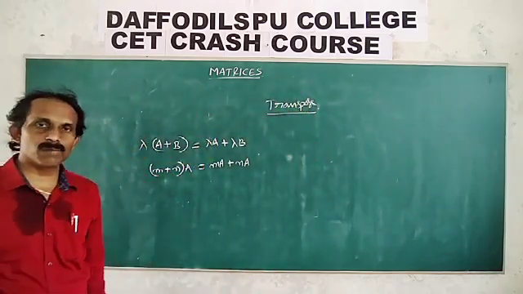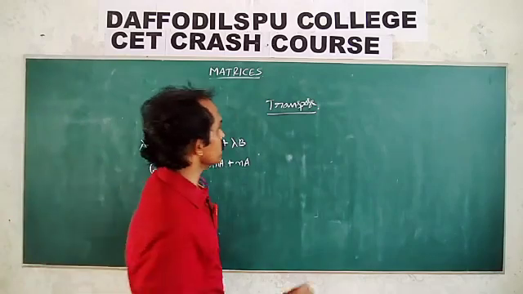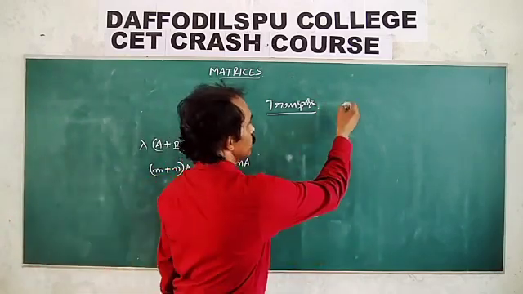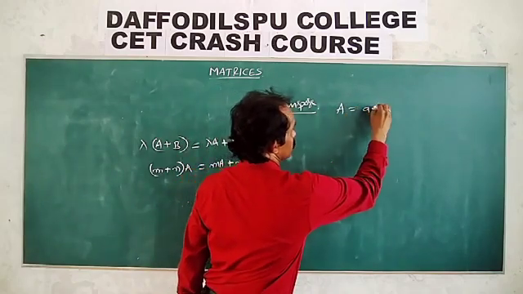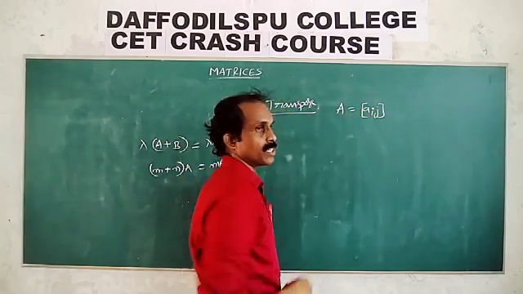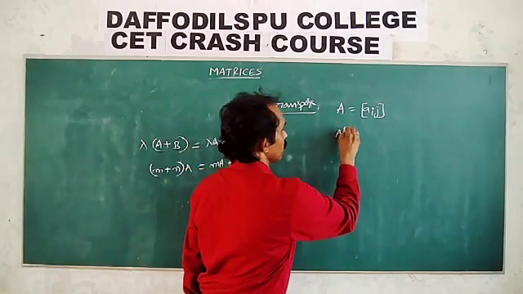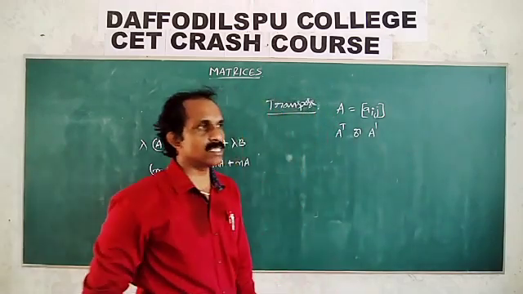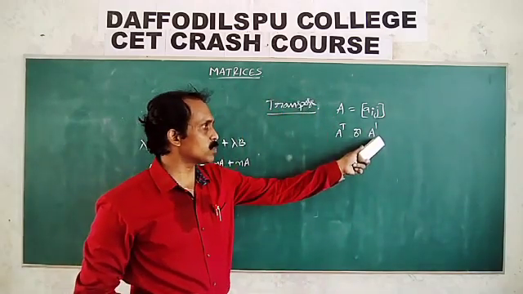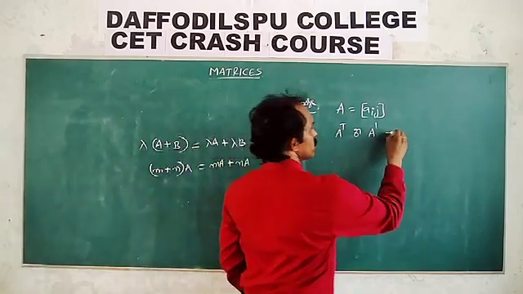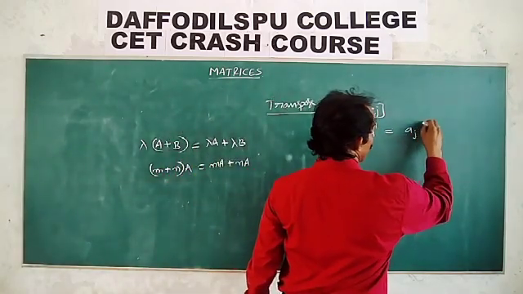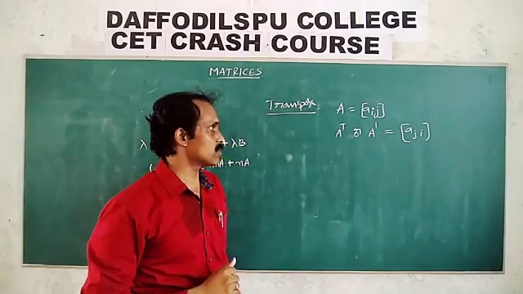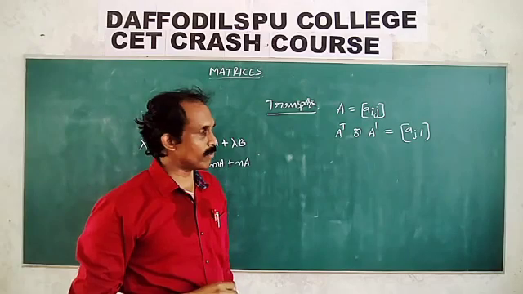Okay. Next, transpose. Transpose means rows and columns are interchanged. A matrix is said to be a transpose matrix if the rows and columns are interchanged. Suppose A is equal to Aij, representing each element Aij. What is A transpose? It is denoted by A superscript T, and it is not read as A dash. In A transpose, columns change into rows and rows change into columns. That is the transpose of a matrix.